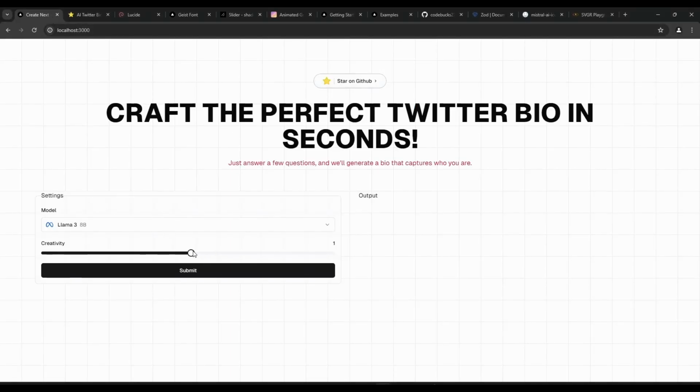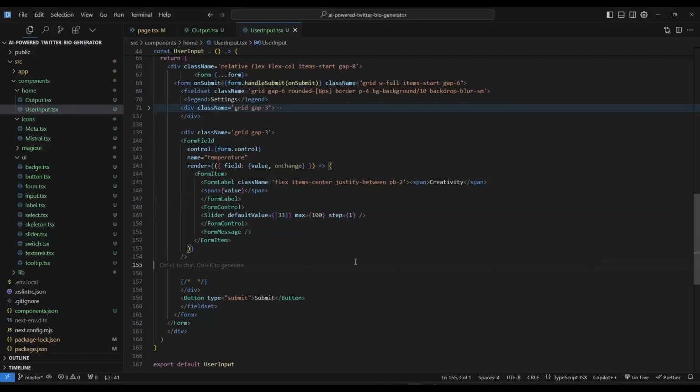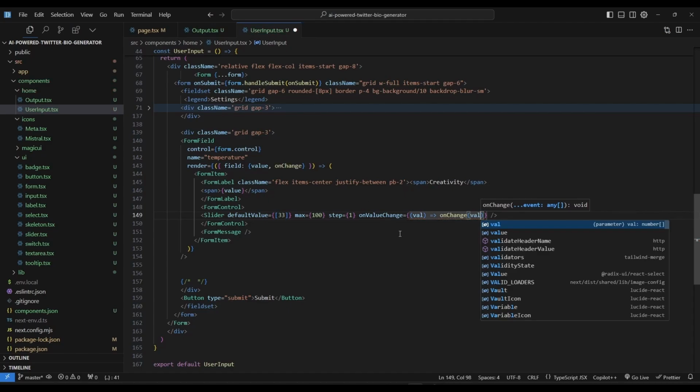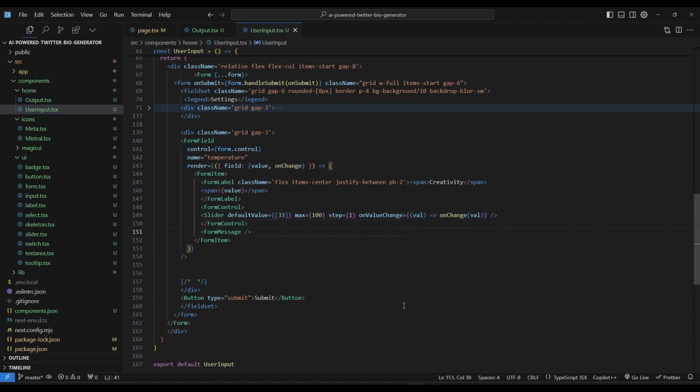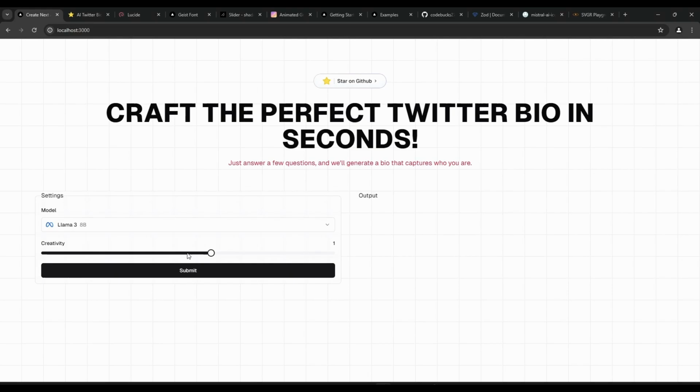So here is the value, but it is not changing because we have yet to add the onChange method. So copy this onChange, and inside the slider, let's define the prop, which is the onValueChange, and this will give us the value. So let's use this value and pass it to this onChange method. Let's save this. As you can see, the value is now changing,